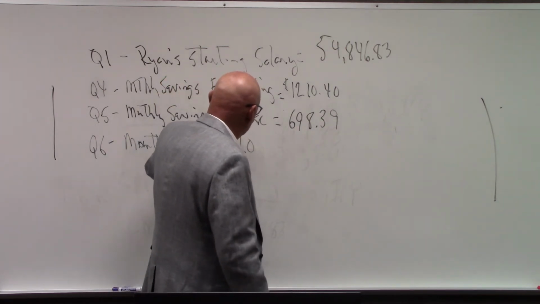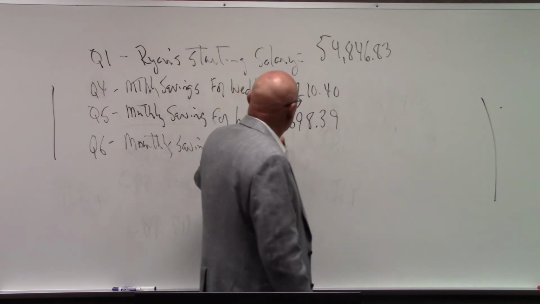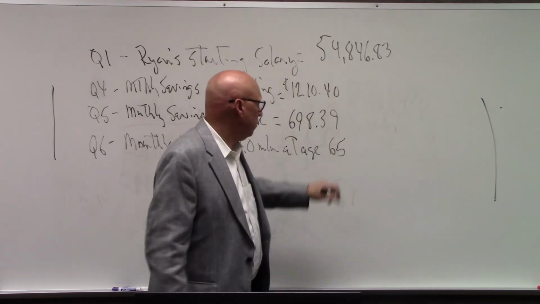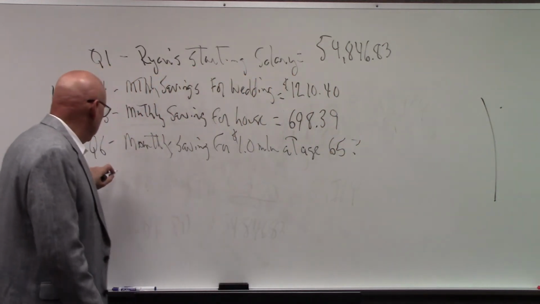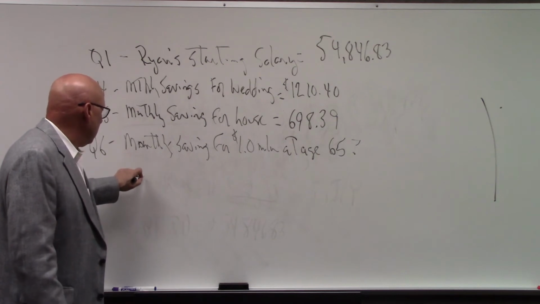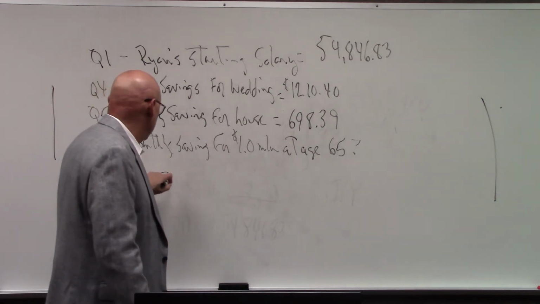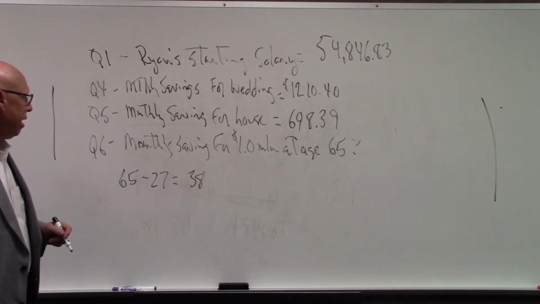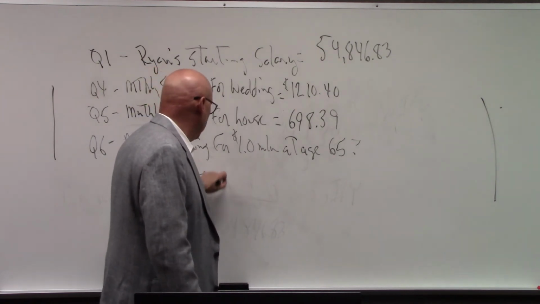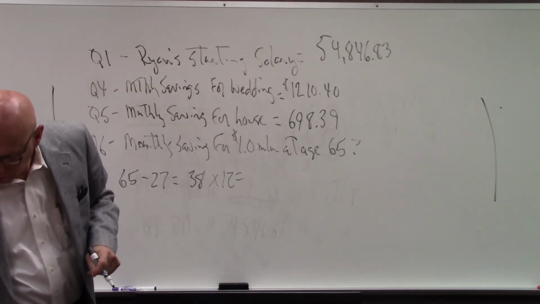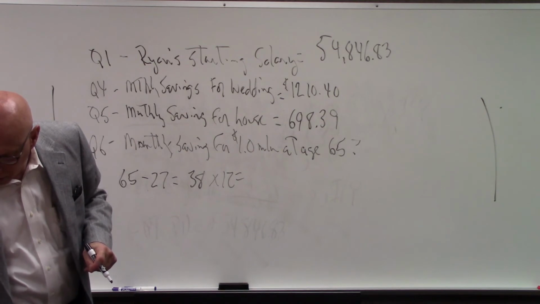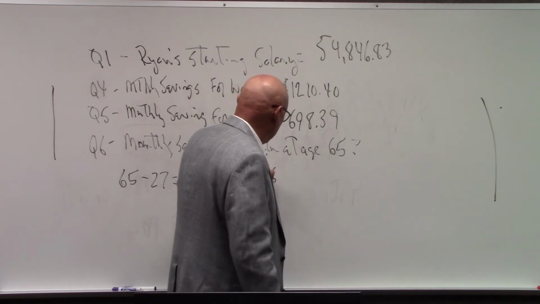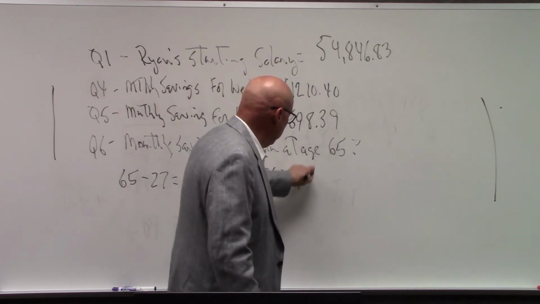for $1 million at age 65. Okay? So, 65 minus 27 equals 38 years. Okay? Times 12 months. 38 times 12, 456 is your